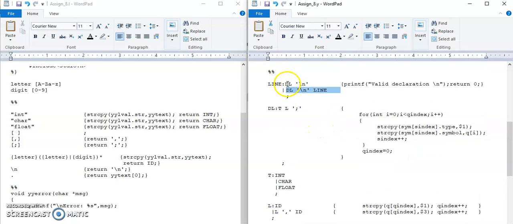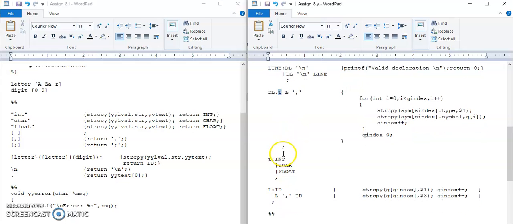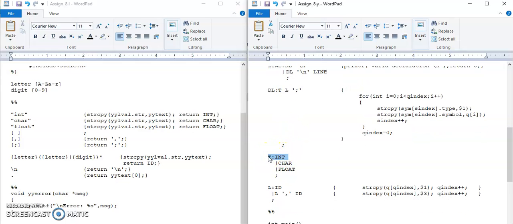Then this dl is a variable which actually checks the syntax of the individual declarative statement. So each declarative statement in Java consists of a data type followed by a list of variables followed by semicolon. This t is again a variable which consists of three rules: t gives integer, or t gives char, or t gives float. As we have considered int, char and float, these three data types of Java. You can add further rules for other remaining data types.